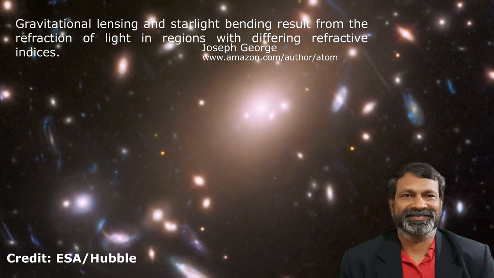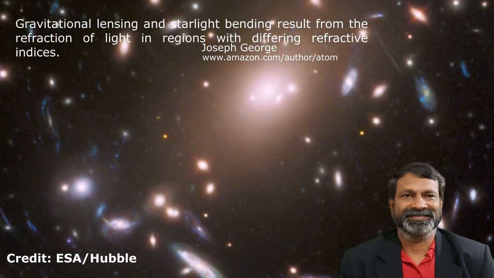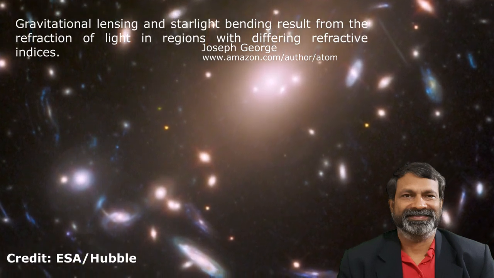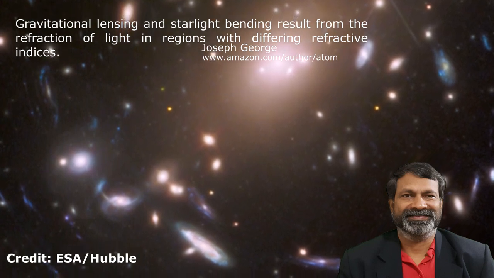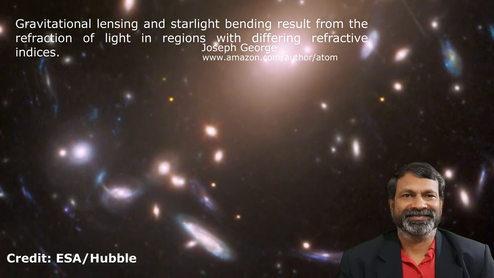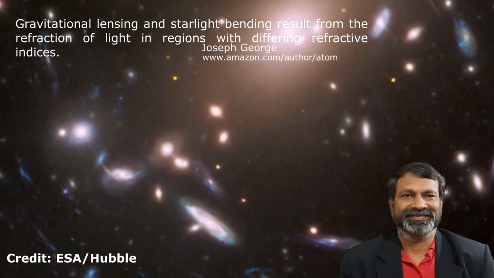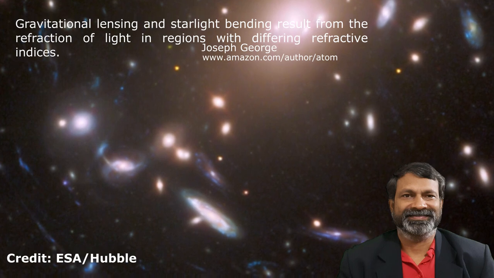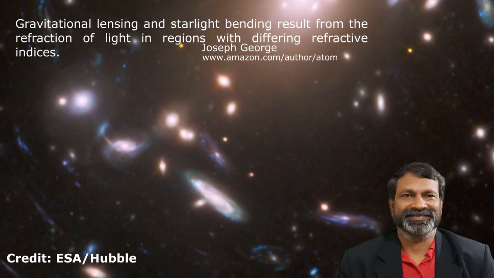There are three main types of gravitational lensing. Strong lensing, where the lensing effect is so powerful that it produces multiple images of the same distant object. Weak lensing, where the lensing effect is weaker, causing only small distortions in the images of distant objects. Microlensing, where the lensing effect is caused by a single, isolated object like a star, rather than a galaxy or